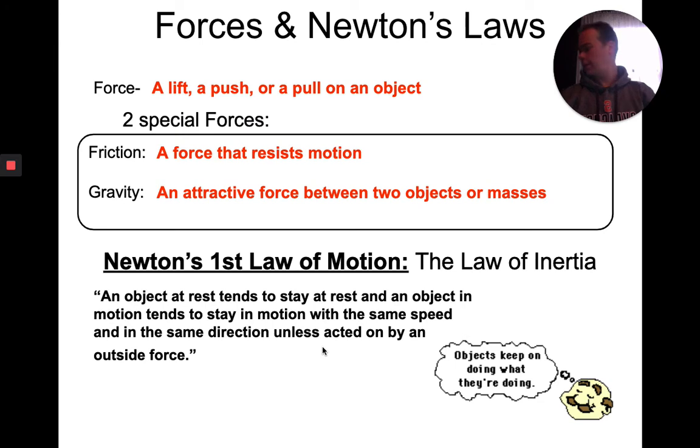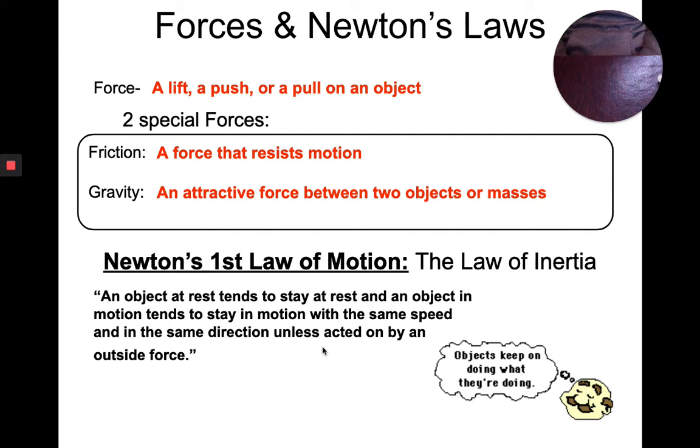Well, then you might ask a question. Try and do this again. If I have this little mini Cadbury egg, pretty good. Okay, right now it's at rest. It's going to stay at rest. If I touch it, it will move. But you might say, well then, what about Newton's first law? If I move this,